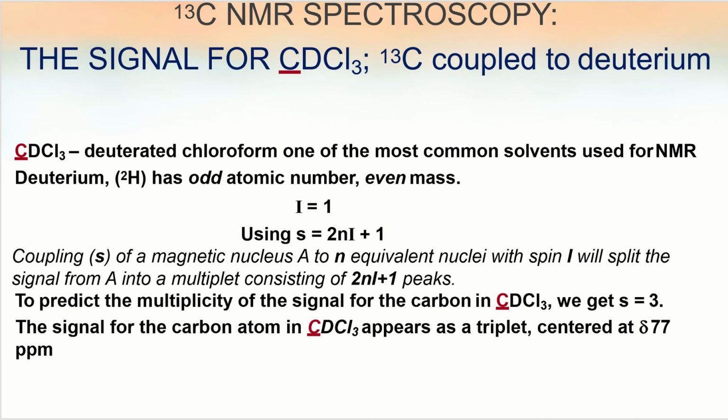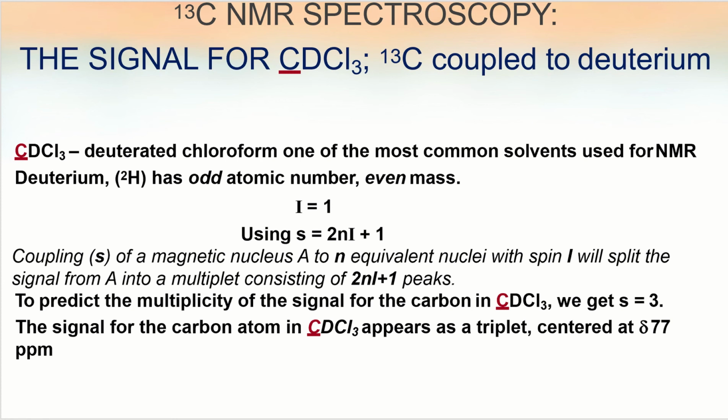So in carbon-13 spectroscopy, consider the signal for deuterated chloroform, that is carbon-13 coupled to deuterium. Of course, we know that is deuterated chloroform, one of the most common solvents used for NMR, and it has an odd number, even mass, so I is equal to 1, and the coupling, which is S, is